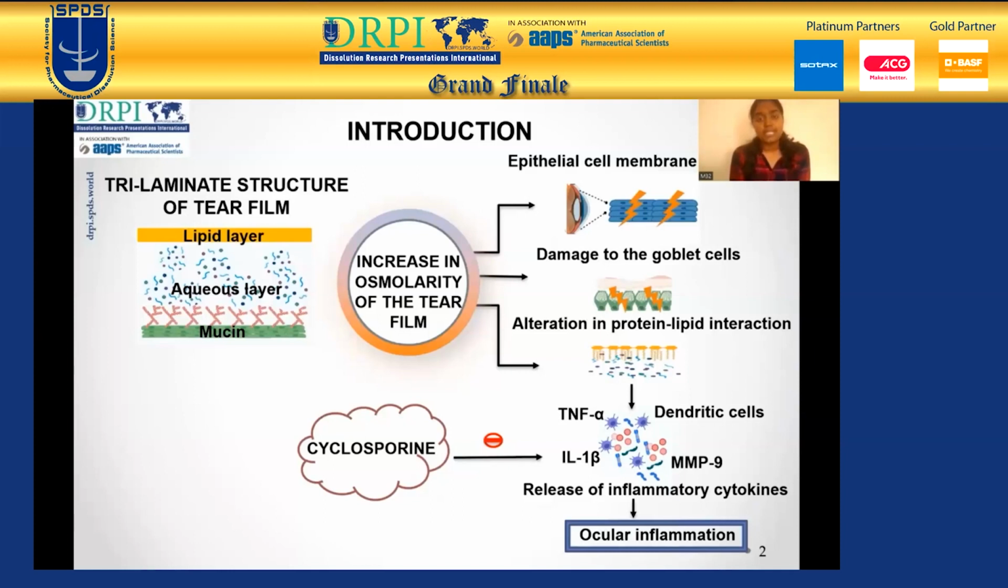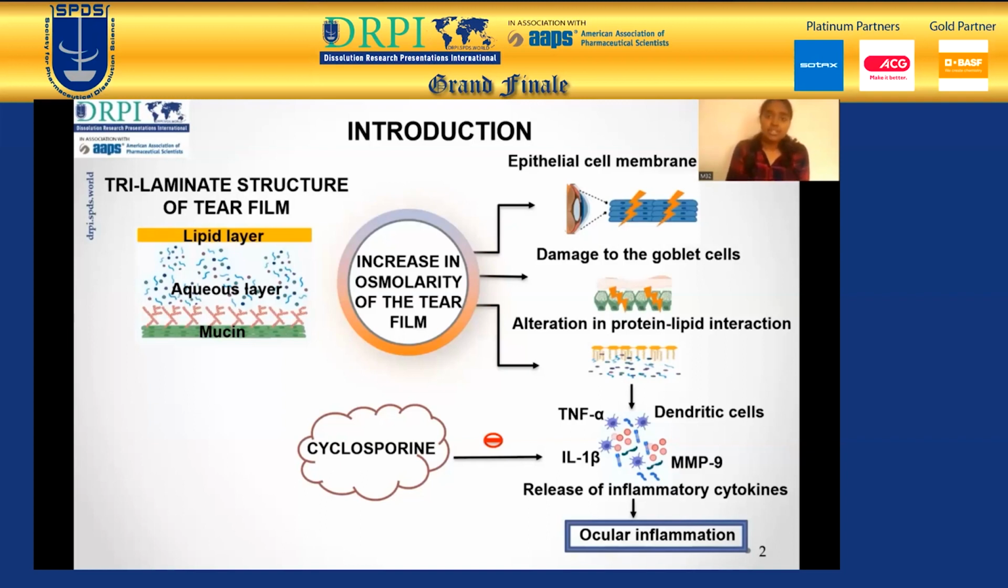The tear film is basically composed of three layers, namely the lipid layer, the aqueous layer, and the mucin layer, and any dysfunction in one of the three layers would result in an increase in osmolarity of the tear film. This eventually leads to a cascade of immune responses such as epithelial cell membrane disruption, damage to the goblet cells, alteration in the protein-lipid interactions of the tear film, and triggers a release of inflammatory cytokines, causing ocular irritation and